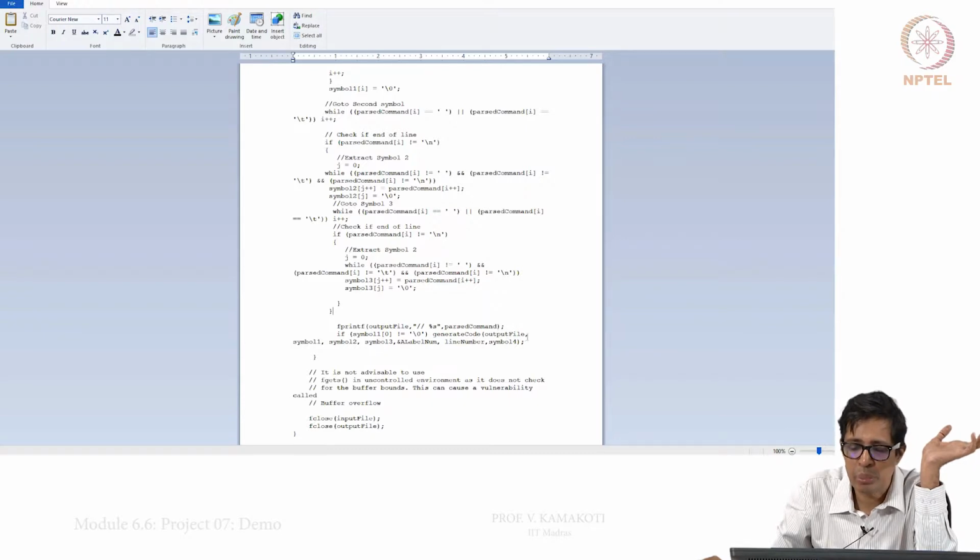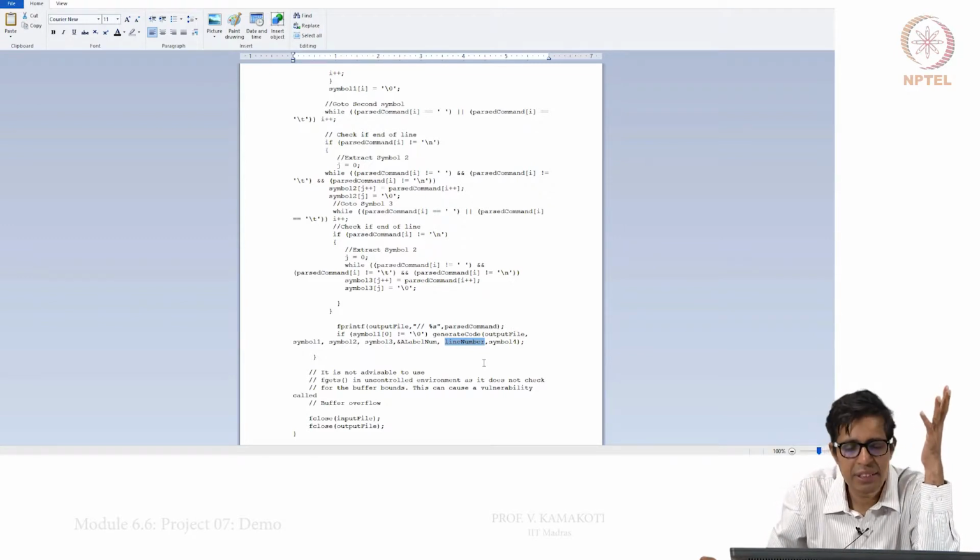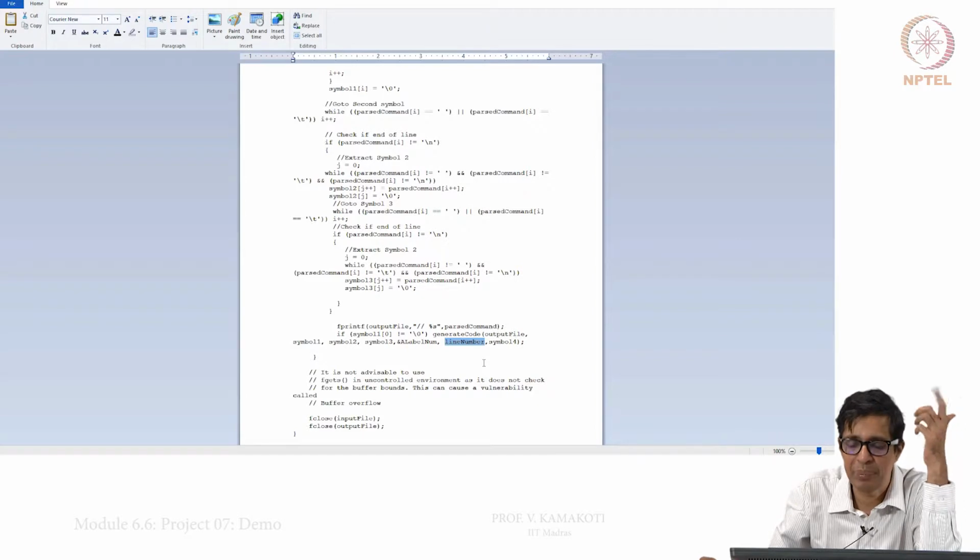I give the output file as an input. This is a function called generate code, to which I give an output file, and I also give the three symbols, symbol 1, symbol 2, symbol 3 in each line. And this is the A label. Please note that I am passing it by reference. A label is the label that I want to generate, unique labels that are necessary for us to generate in the case of the jump instructions. Then I use line number because don't forget that we need to have diagnosis. Always we need to have diagnosis. So if there is something wrong, we need to print the line number where that thing occurred.